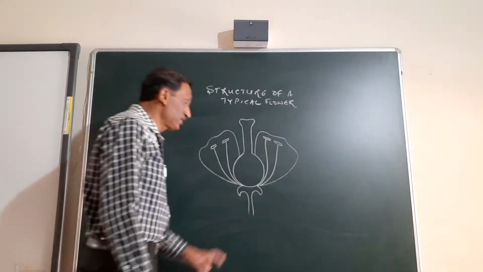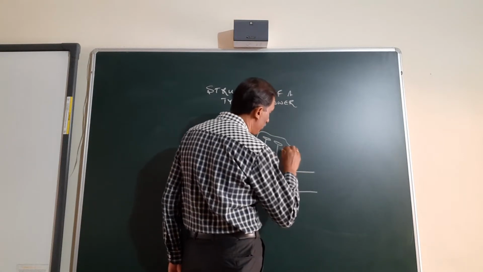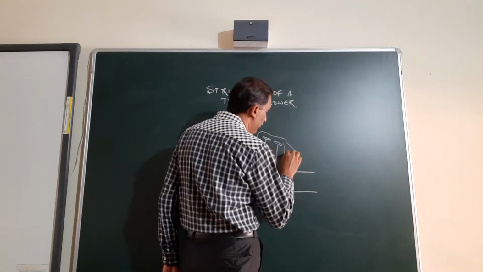So a typical flower has 4 parts, that is the calyx, the corolla, the stamen,